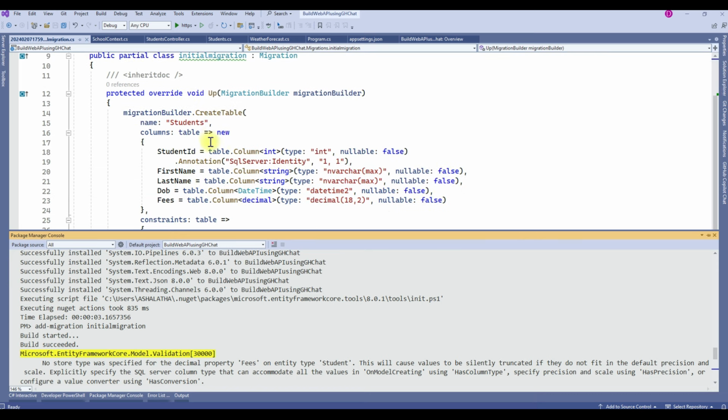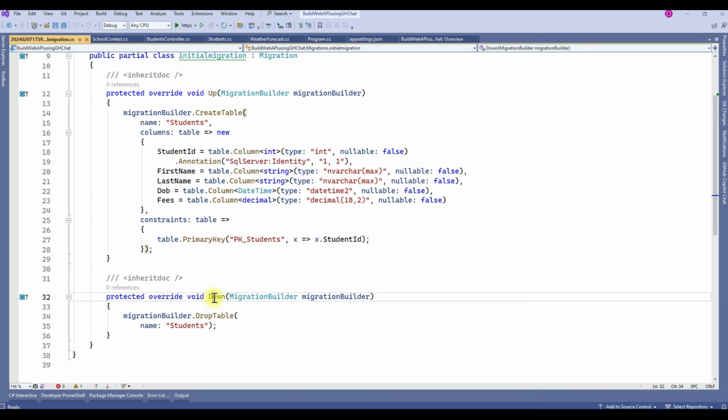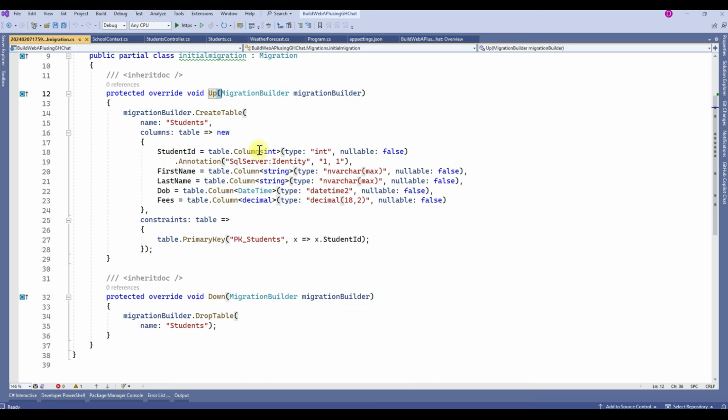This class contains the commands to create the student table, and there is an up and a down, so two methods. When you run the up method, it will create a table, and when you run the down method, it will drop the table. Perfect. So now